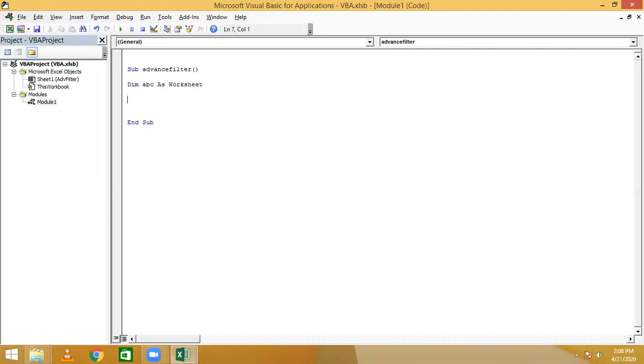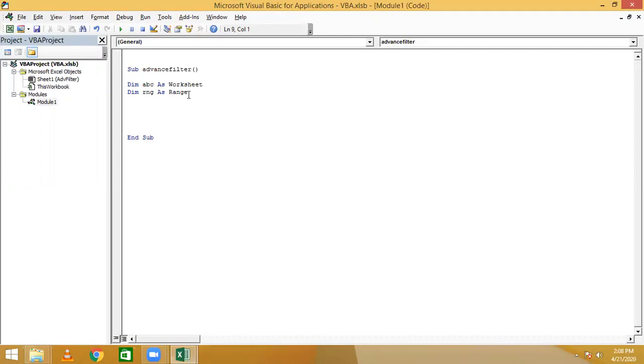With this we are telling the system that if we use ABC, the system can read ABC as this worksheet. Now Dim RNG As Range. Same thing, we are telling the system that if we write RNG, it should read the specific range.